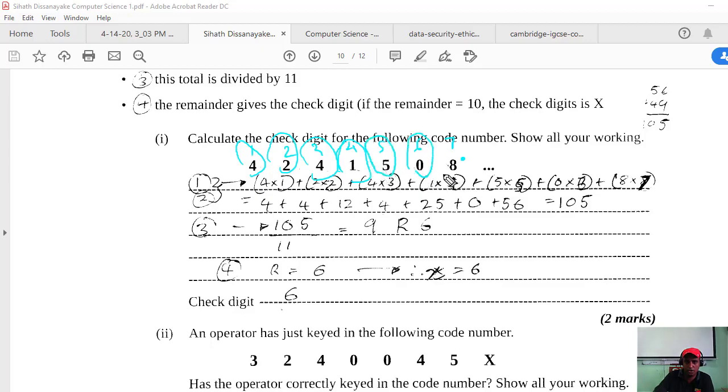This is 0. This is 56. 56, 25, 4, 12, 4, 5. You add them, 105. Then you divide by modulus 11. Then the remainder is 6. So the check digit is 6. Right. That is correct. Good. That answer is correct.